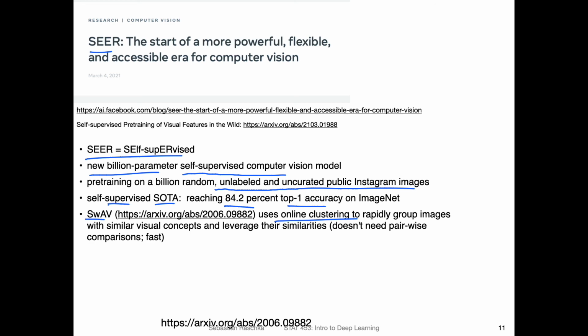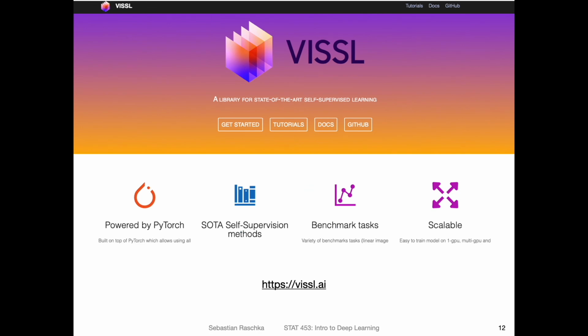I will probably end this week's stuff in the news section. There's only one more thing I wanted to mention in connection to this project here. There is another interesting library that came out. It's for self-supervised learning benchmarks. It's a library for state-of-the-art self-supervised learning supporting PyTorch, and it's essentially a library that provides benchmarks and pre-trained models that you can compare with, let's say, your models. So it's essentially a benchmark library that provides pre-trained self-supervised models. I think it's a nice thing if you are interested in self-supervised learning, let's say for your class project, an interesting thing to check out.